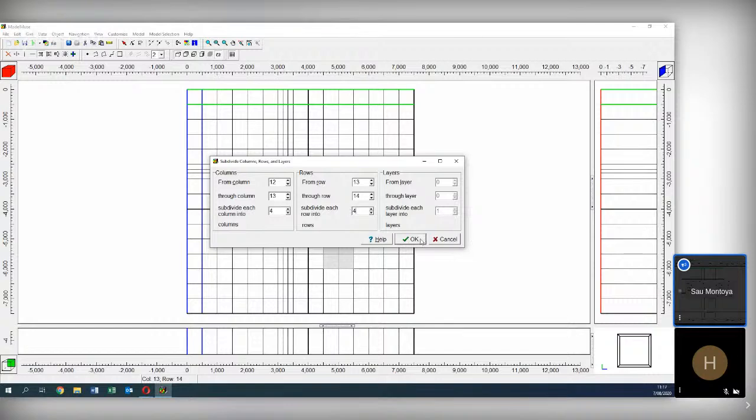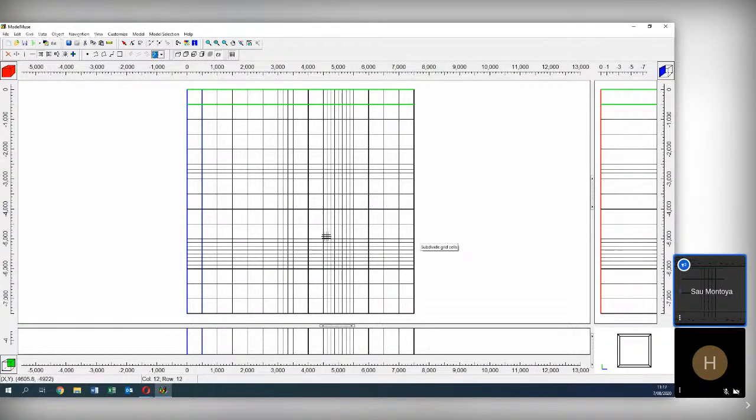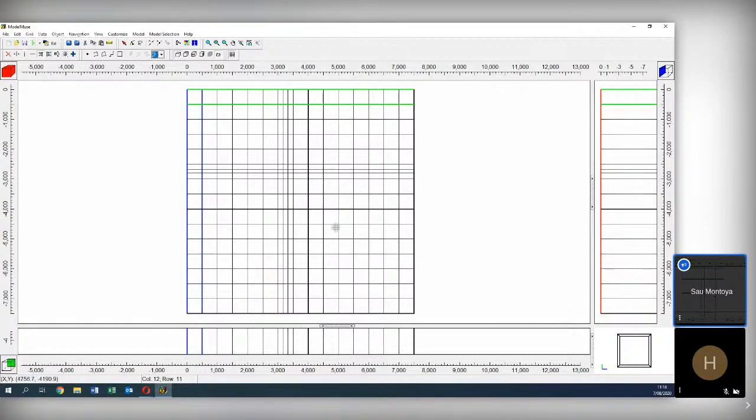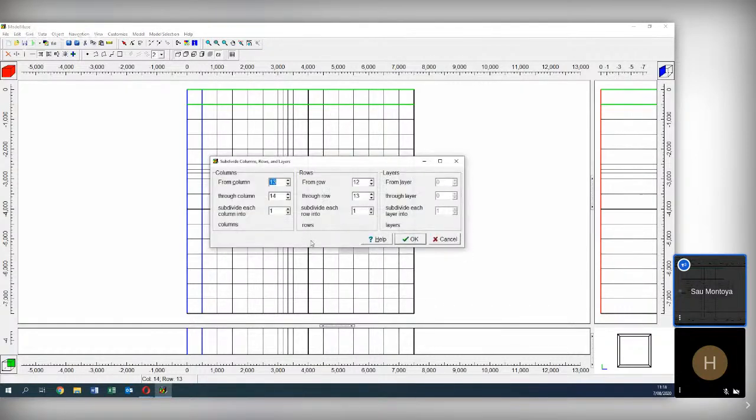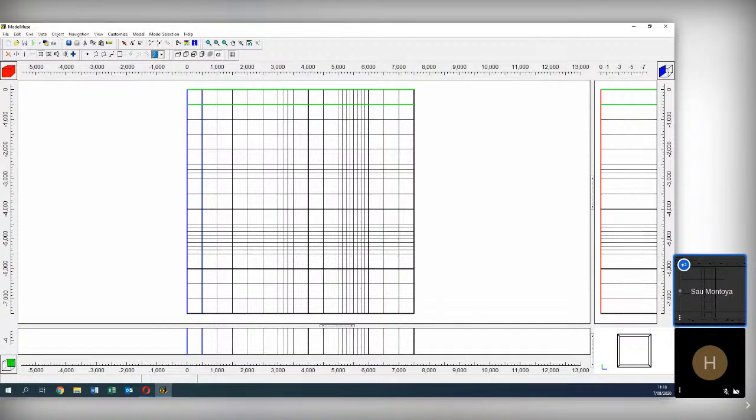If we type okay, we will end up with 8 more columns. Well, in fact 7, because there were 2 columns before. But in the end, we will have 8 columns here and 8 rows here, because we have divided each cell into 4. Okay, Control Z. I will do it again. So I will select any 4 columns. You can select even more. Then you say, I want each column and each row to be divided into 4, and that's it. If you are here with me, do it and type yes 4.